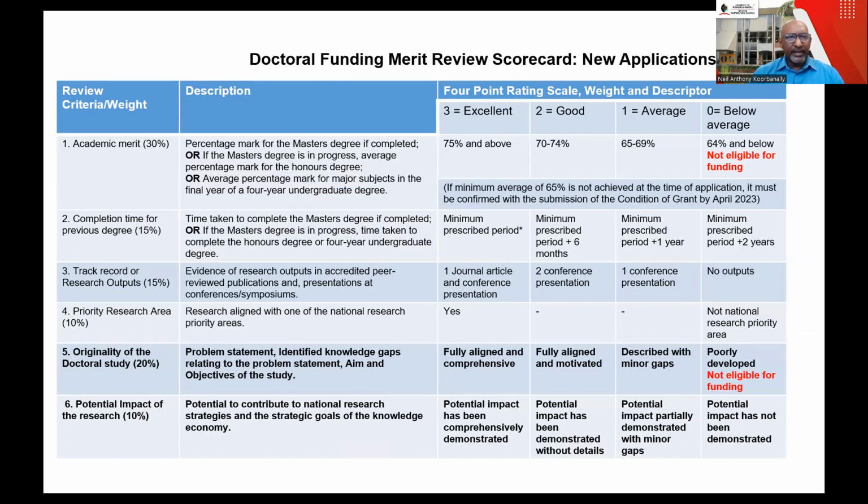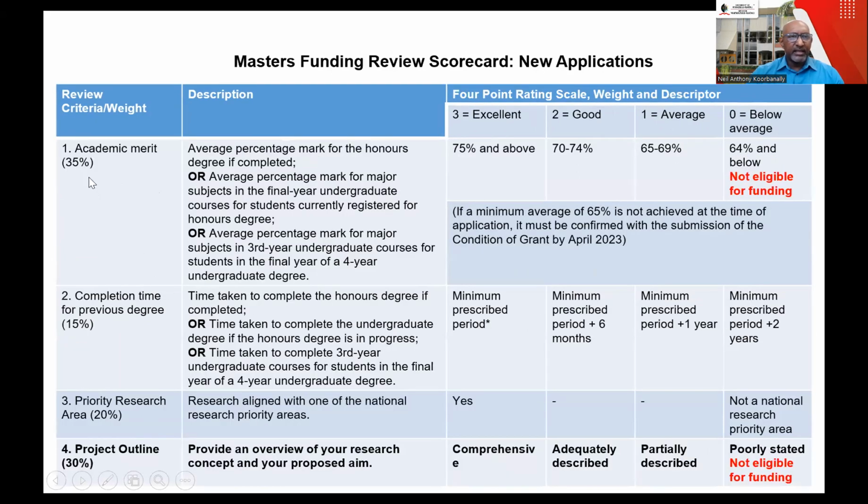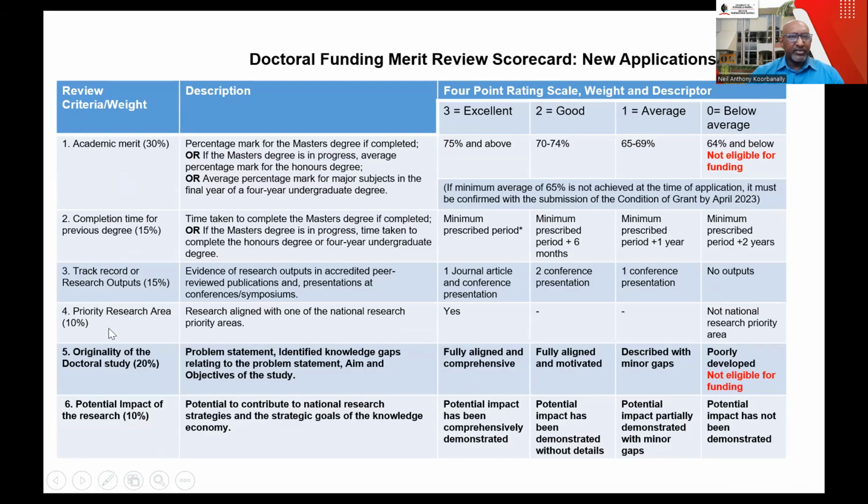There's just one change. So if you look at category number 1, that's also in your master's as well. Category number 2 is also in your master's. And if you look at the weightings, it's 30% and 15% and 10%. So you'll see there's a marked difference. If I go back to this previous slide, that's 35, 15, and 20. And if you look at this, it's 35, 15, and 10. Sorry, 30, 15, and 10. The extra 15%, so the 5% from here and the 10% from here, goes into something called the track record